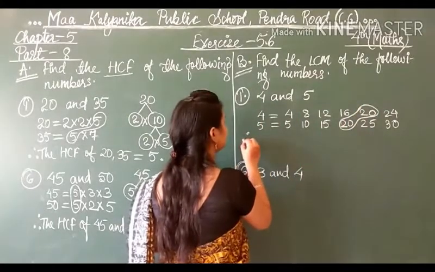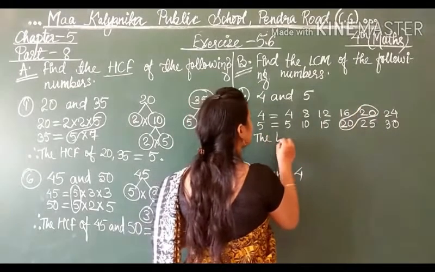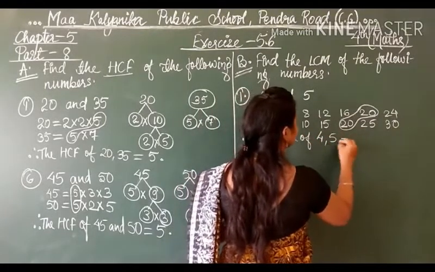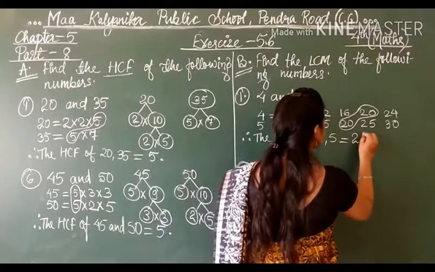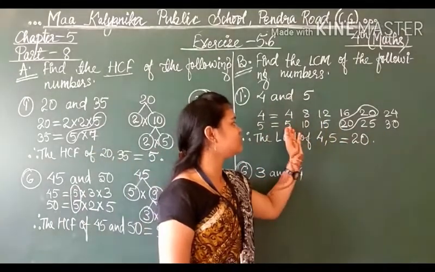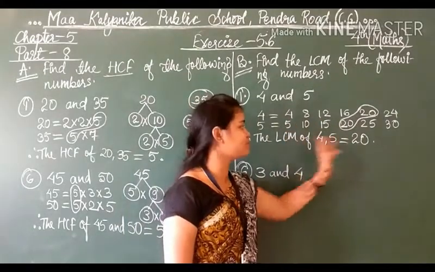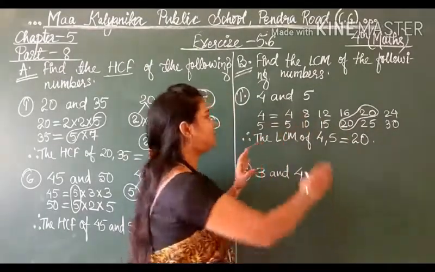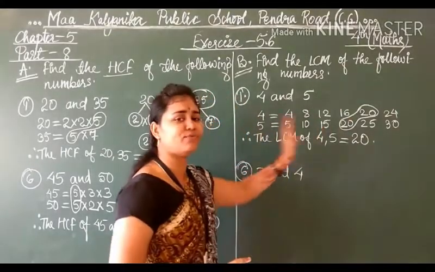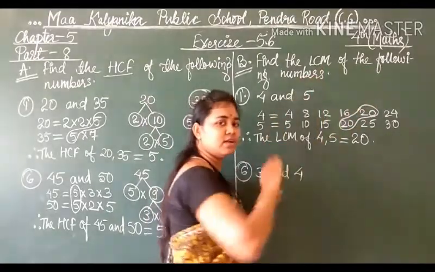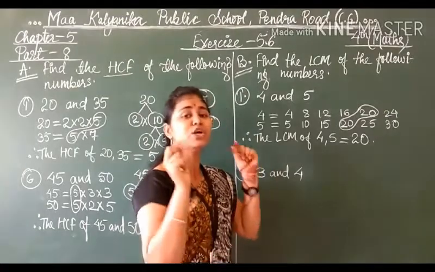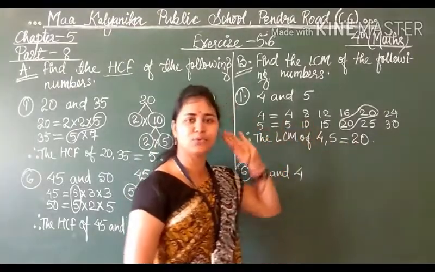So students, therefore we can write the LCM of 4 and 5 will be 20, because no other common multiple is there before this 20, so that we can select. So 20 is the smallest common multiple. Now like for table of 4 we will write here and table of 5 we will write here. Further we can see how many multiples are common, but the least common means the smallest common multiple is 20. So 20 is the answer.